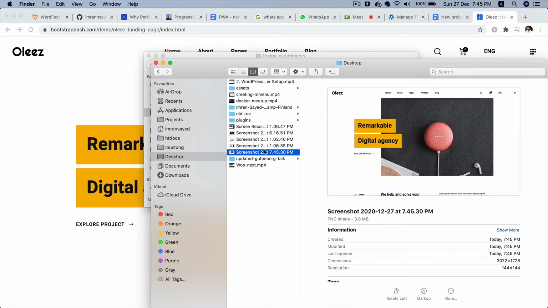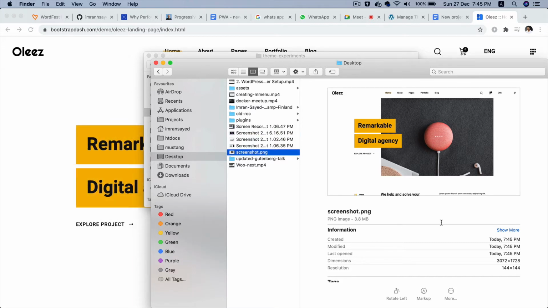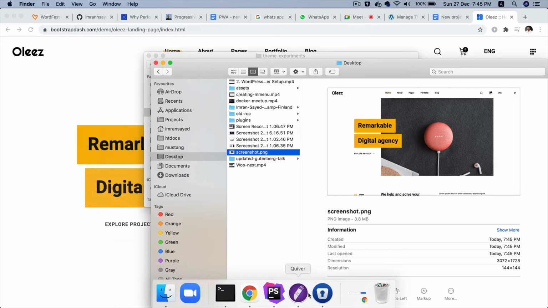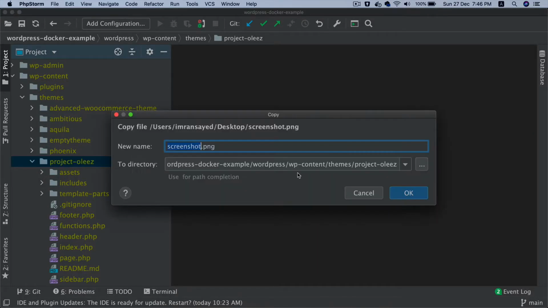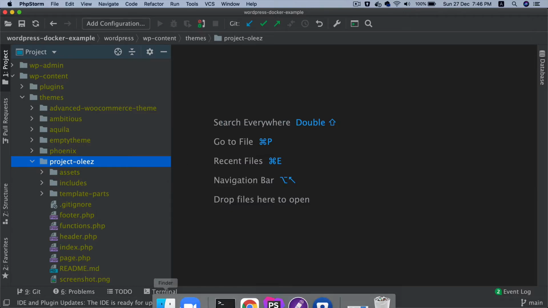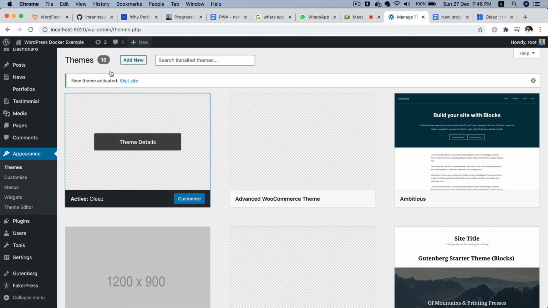So this is the screenshot. You have to name it as screenshot.png, and it needs to be minimum 1200 by 900. That should be the width and height of this screenshot, and it needs to go into the root directory. So once you add that, then you'll notice that when you were managing theme, currently it's showing empty,